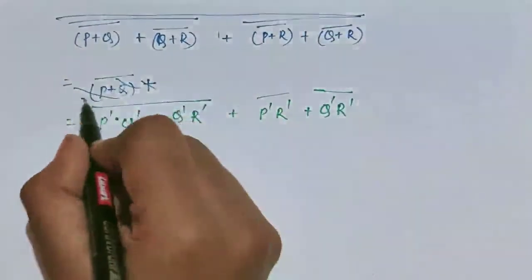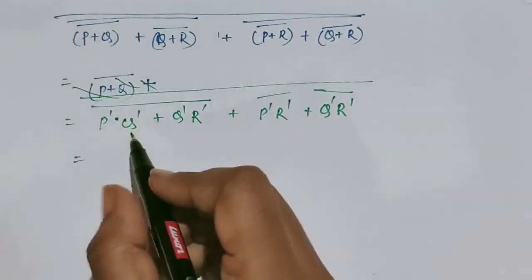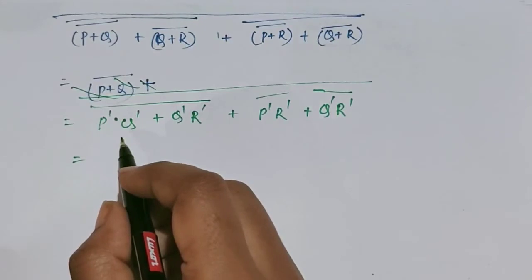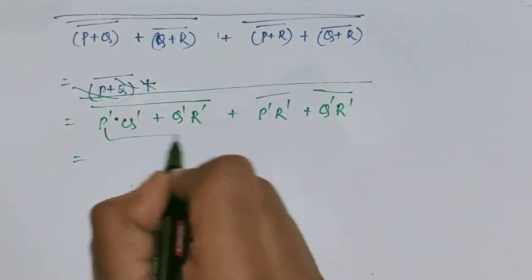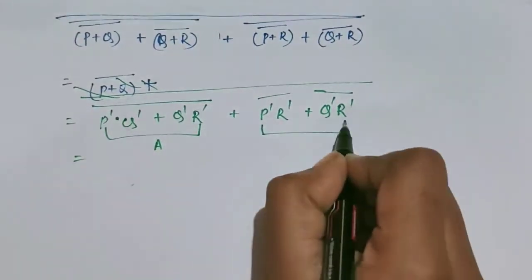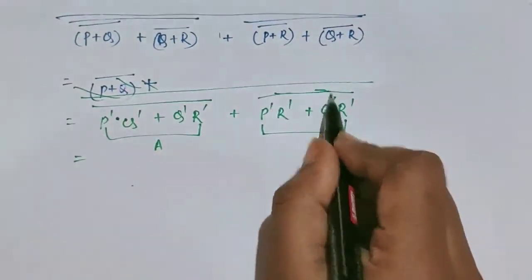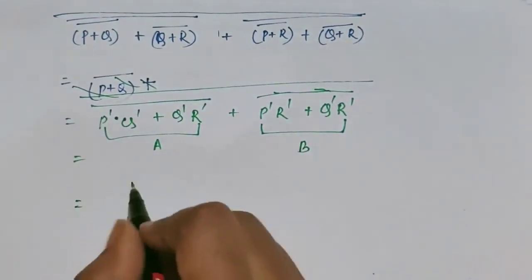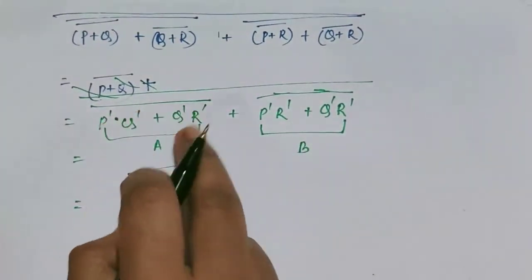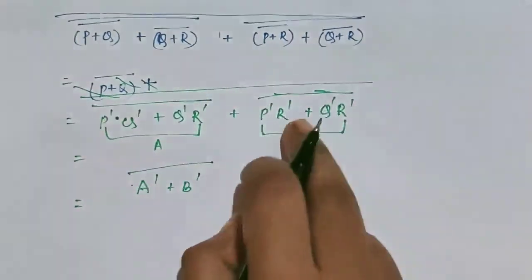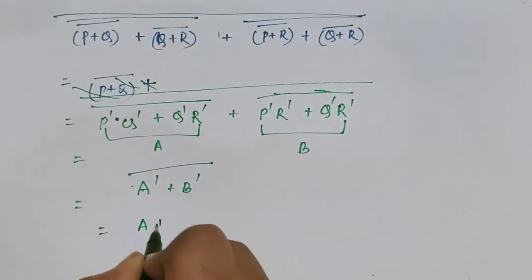Then again this will be converted into, if we take this expression as a, and this expression as b, we will get (a bar plus b bar) whole bar. This will be (a bar b bar) whole bar and it will be a plus